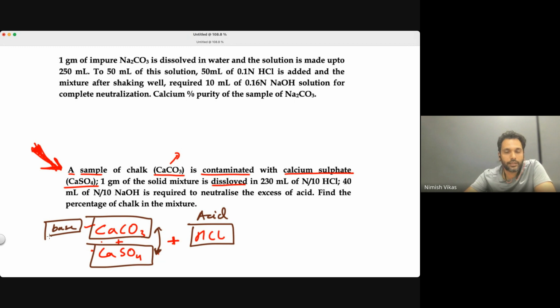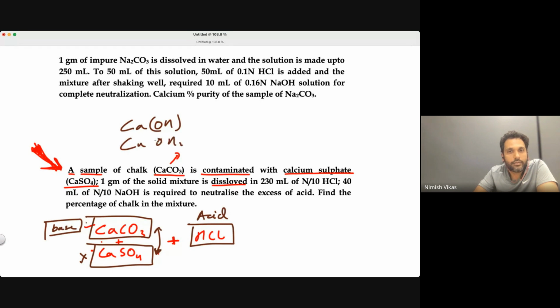If you are okay in chemistry, either it is going to react with both of them, or you will say that it will react with only one. You will never say it reacts with calcium sulfate and not calcium carbonate, because calcium carbonate is definitely more basic than calcium sulfate. Why? Because if I see the genesis, then